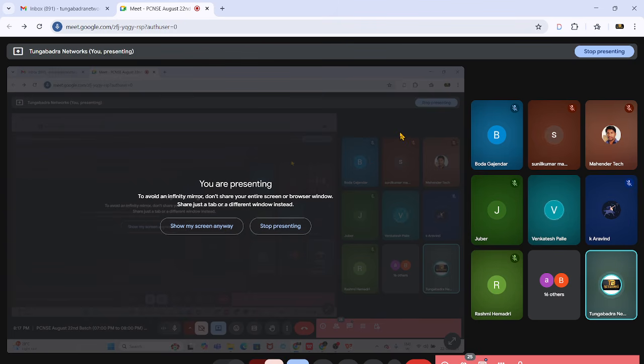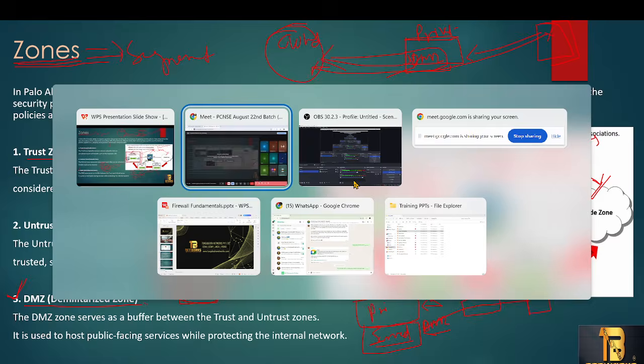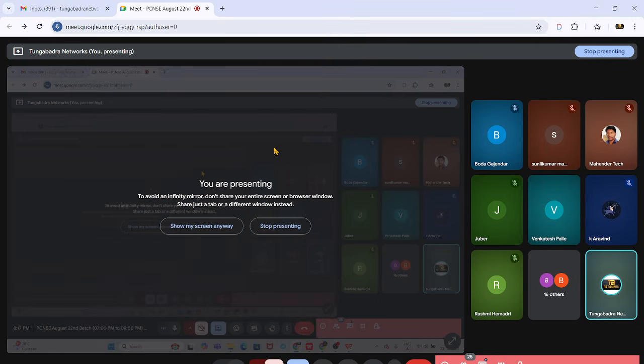Soon, by this month or by mid of September, we are going to buy PA220 firewalls to have hands-on experience. As of now, you need not come to the office for practicing. We are going to install the lab on your laptops itself.